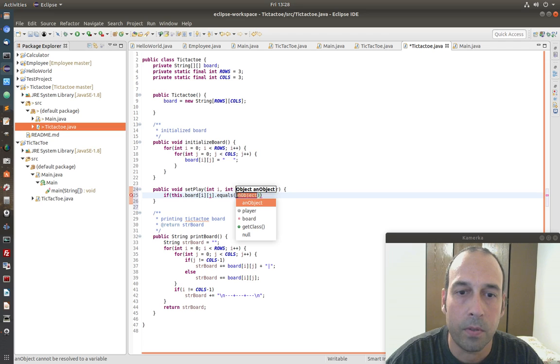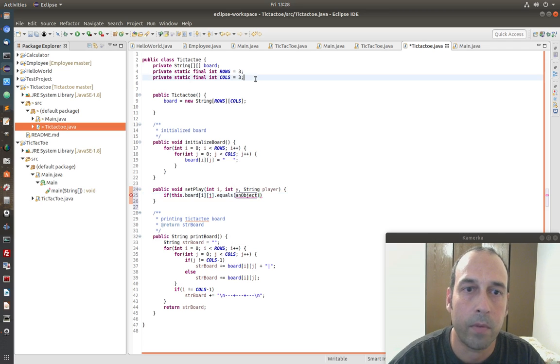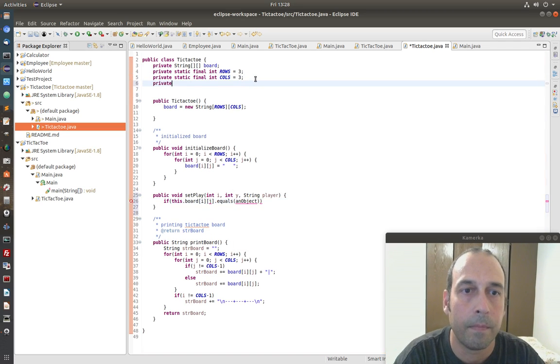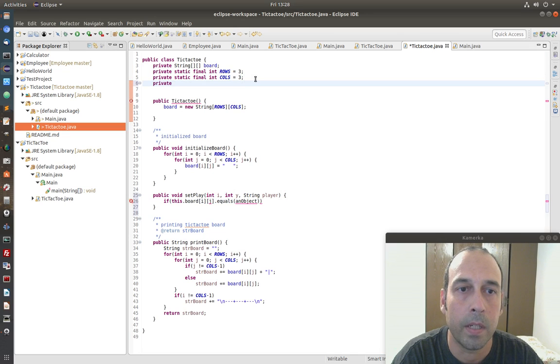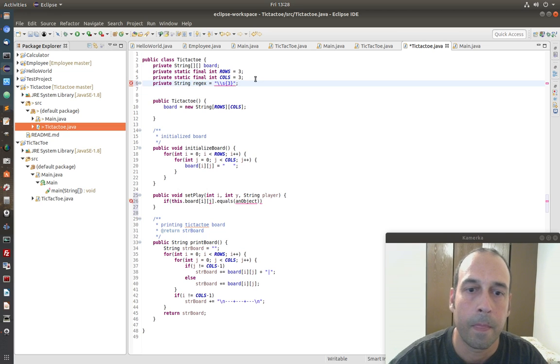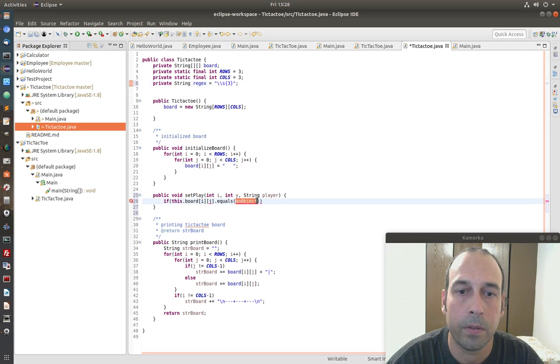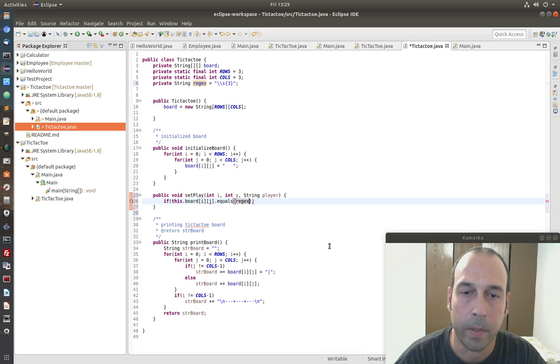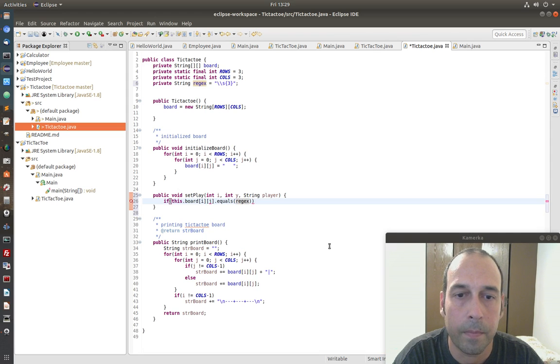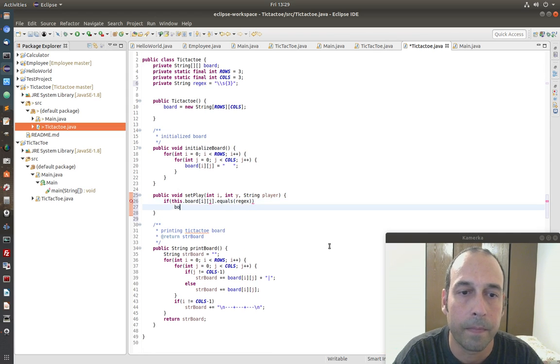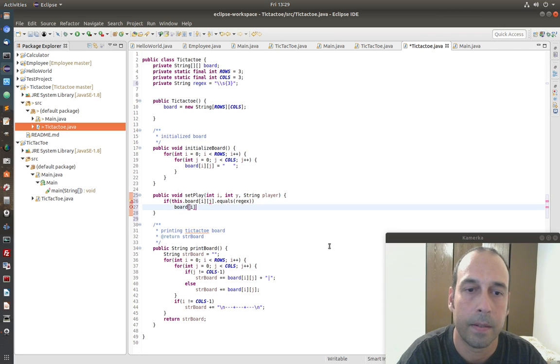But instead of using 3 empty spaces, I'm going to create a regex string. So I'm going to say private string regex, and I'm going to set it to 3 empty spaces. And so here we're going to say if the board equals regex, or the 3 empty spaces, then we can make a move. So we're going to say board[i][j] equals player,